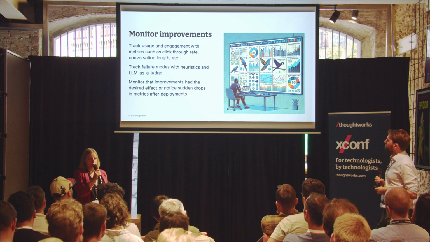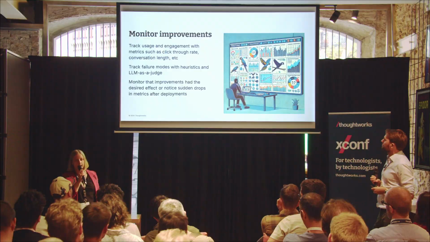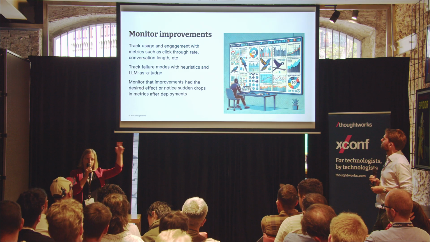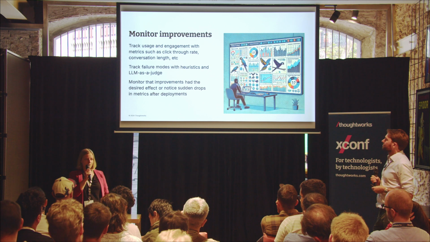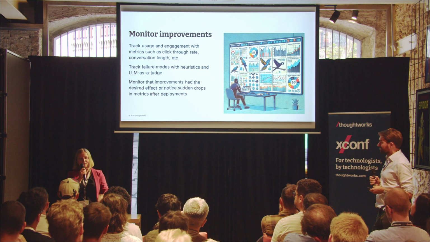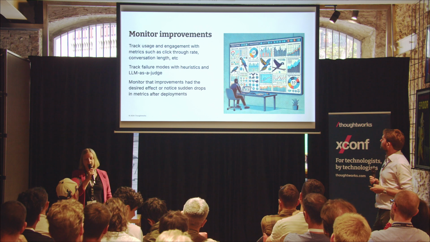The third thing that you can do is just monitor and observe what's happening in your system at scale. One thing that we did in a project, we had these online evaluations, so we built a dashboard on top of that. And we were able to look at the dashboard and say, okay, we made a deployment 2 days ago and all of these numbers went down. We wanted them to go down, so that's good. Or maybe some other things went up. Maybe we had some unintended consequences there.